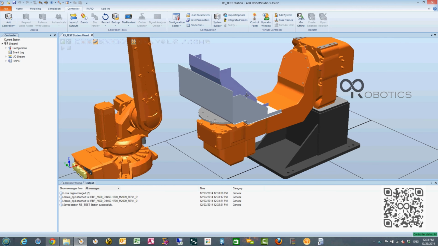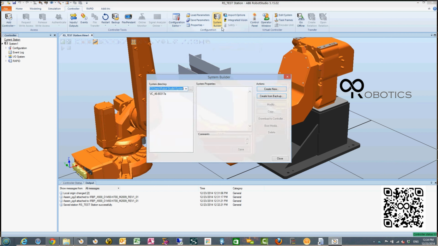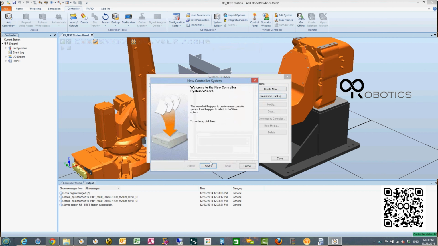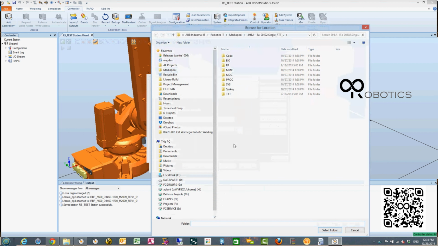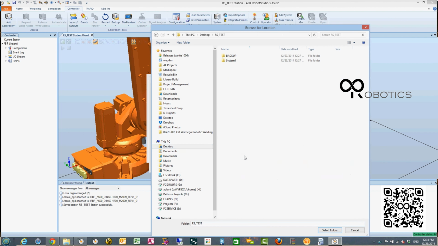So the other way to build a station is you come over to the controller tab and go to System Builder, and in System Builder you can go create new, go to the wizard. I'm going to drive out to a location where I want to build this, in the same location I did the last one, Documents, Studio Test, and I'm going to make a new folder